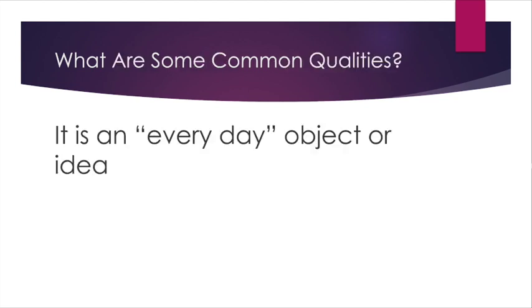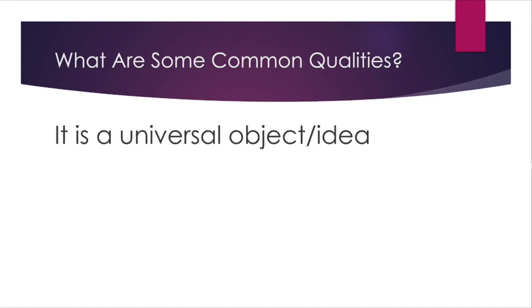Some common qualities of symbols. One, they're going to be considered everyday objects or ideas. More likely than not, objects. That's the easiest for us to discern there. And it's also something that is a universal object or idea. In other words, this is something that you will find in any place on Earth, right? The United States, Australia, China, Japan, Turkey, Afghanistan, Kenya, Brazil, anywhere on Earth is going to have these objects or ideas because, of course, writers, when they use symbols, they want to make them universal so they can be understood